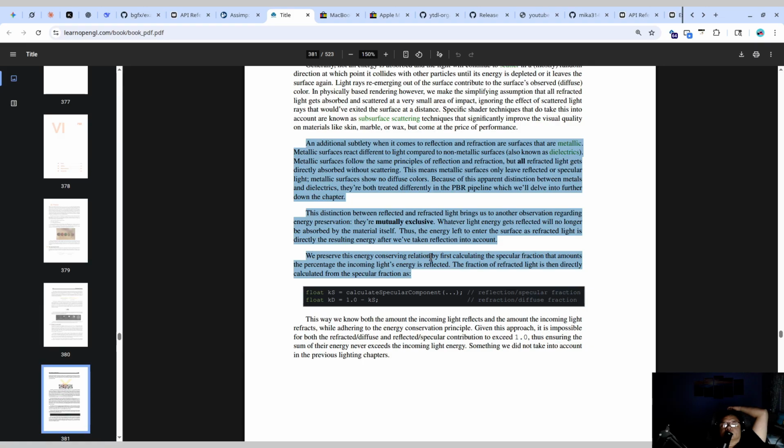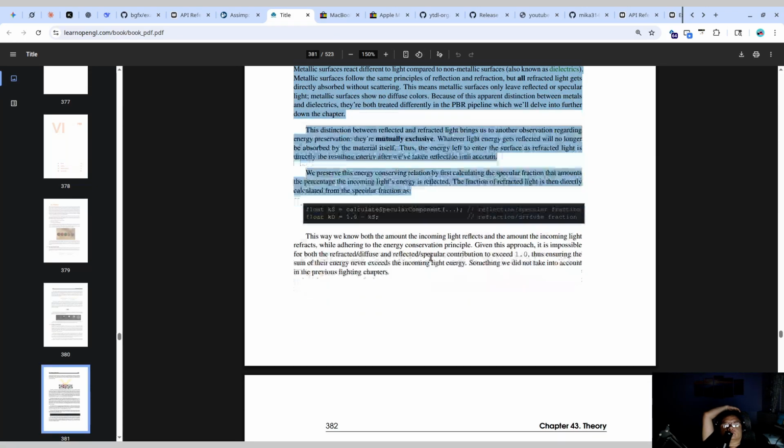This distinction between reflected and refracted light brings us to another observation regarding energy preservation. They're mutually exclusive. Whatever light energy gets reflected will no longer be absorbed by the material itself. Thus, the energy left to enter the surface as refracted light is directly the resulting energy after we've taken reflection into account. We preserve this energy-conserving relation by first calculating the specular fraction, which amounts to the percentage of the incoming light's energy that is reflected. The fraction of refracted light is then directly calculated from the specular fraction as: